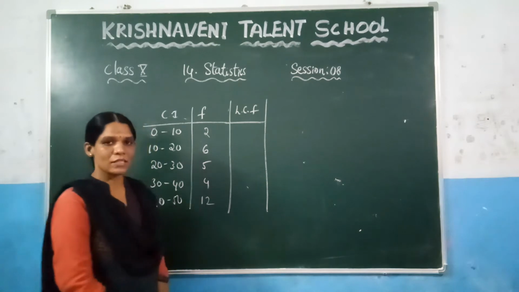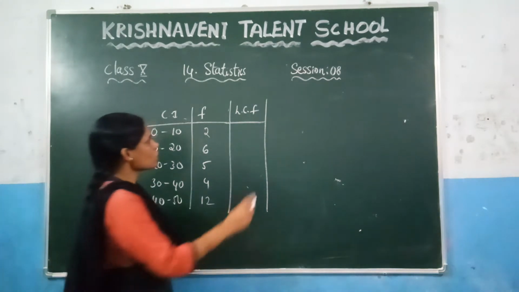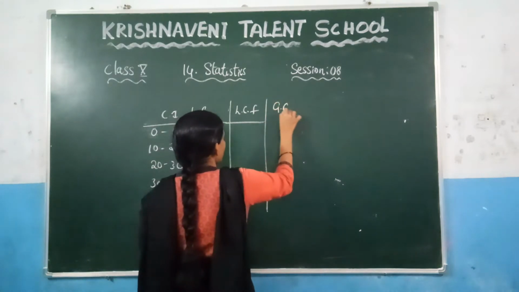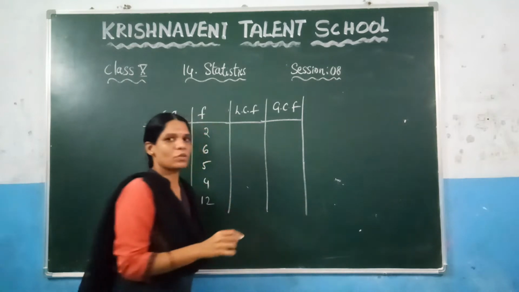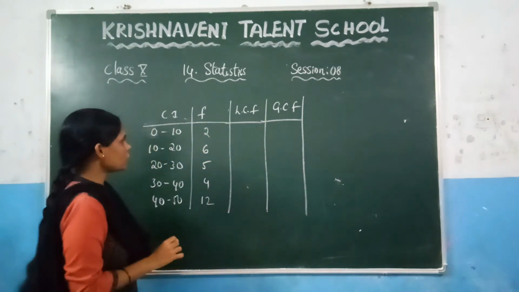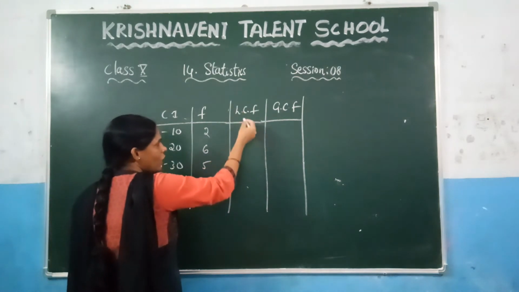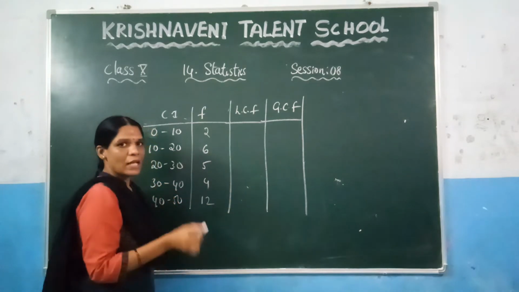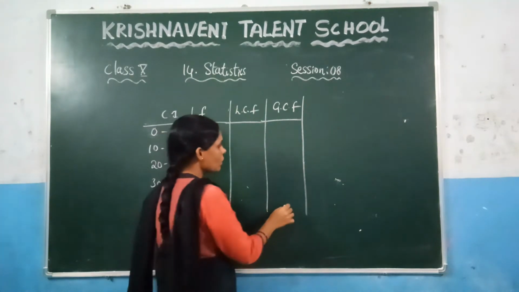If you are adding the sum of the preceding frequencies, you will get the cumulative frequency. In case of the less cumulative frequency, while calculating the greater cumulative frequency, you just need to follow the same procedure, but there is only one thing. You need to remember here, while calculating the less cumulative frequencies, you need to add from top to bottom, and while calculating the greater cumulative frequencies, we need to add from the bottom to top.